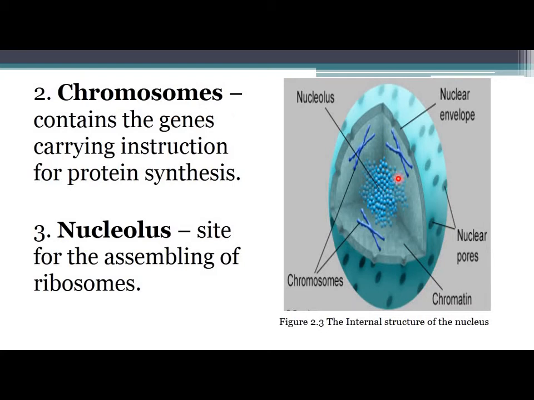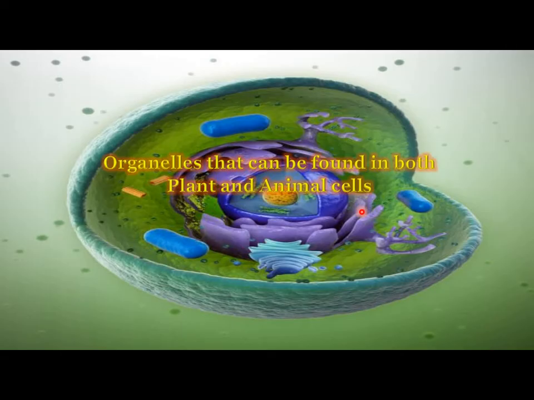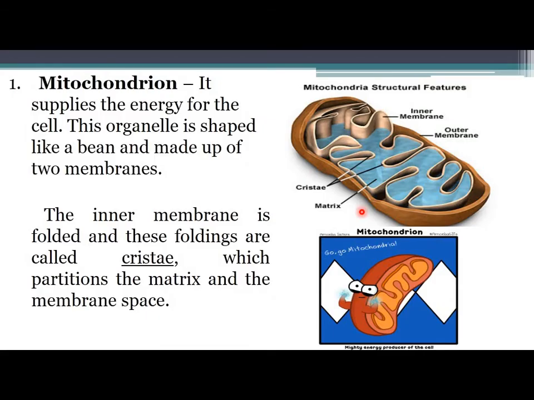So it is the site for the assembling of ribosomes. Yung mga nasa gitna na yan. So again, ito yung parts ng nucleus. Now, the following are the organelles which can be found in both plants and animal cell. Ito yung mga organelles na makikita both in plant and animal cells. Una ay yung